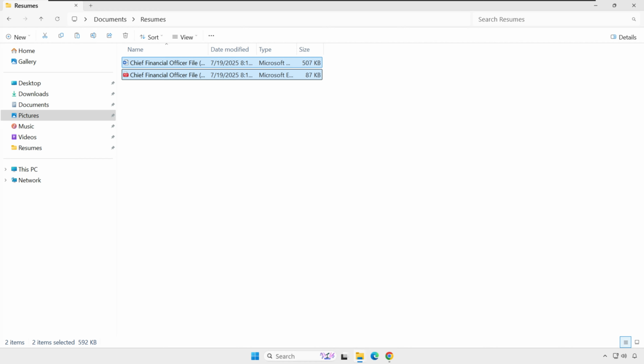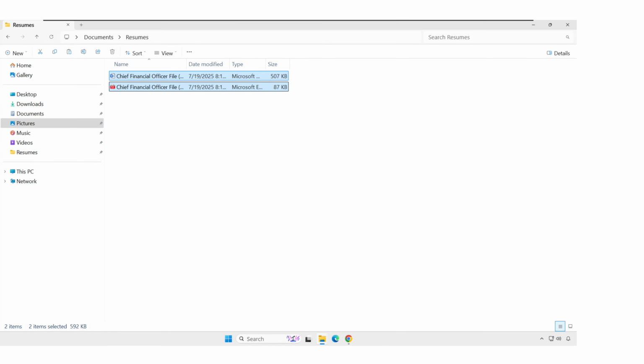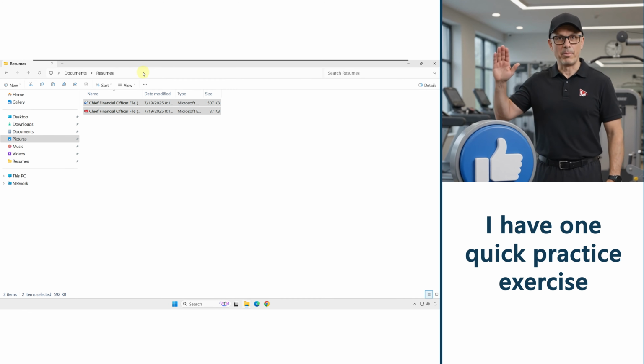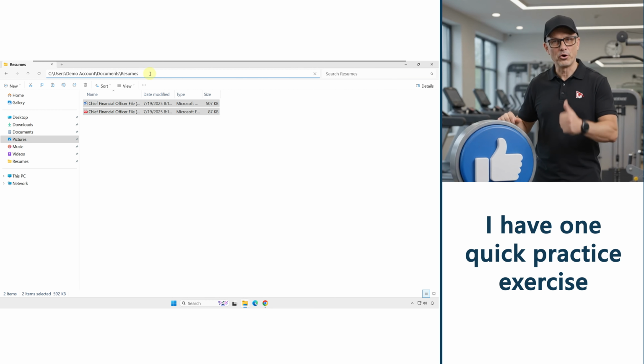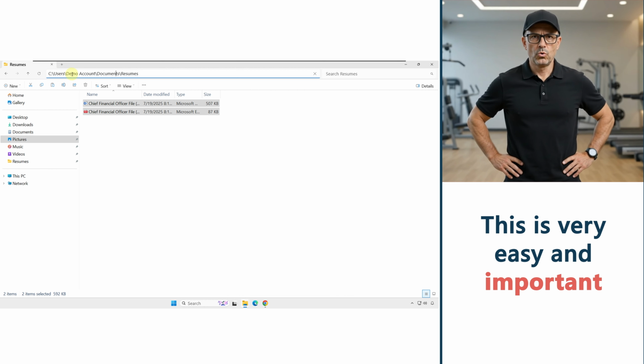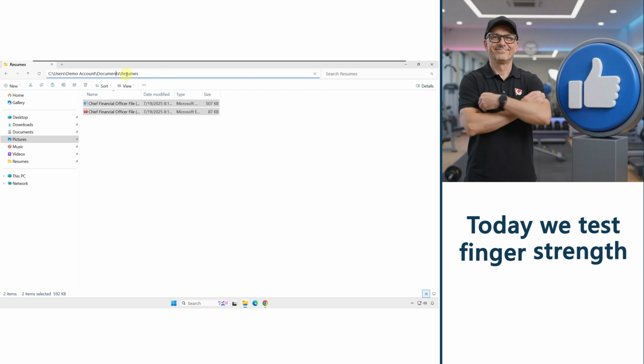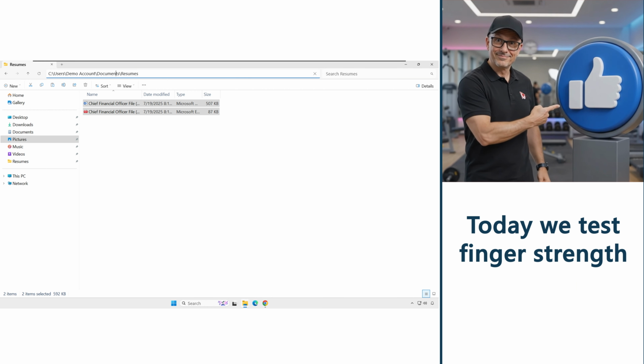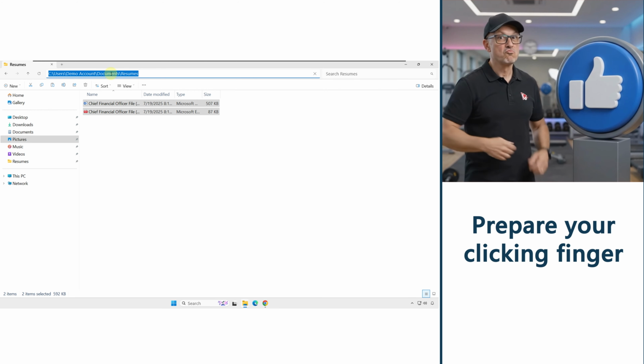Here's the hidden gem for you. If you need the exact file path to share with someone or paste into apps, you can click on the address bar at the top of the File Explorer, and it turns into the full path. You see that the path to my files is C, Users, Demo Account, Documents, and then Resumes. You can select this info,